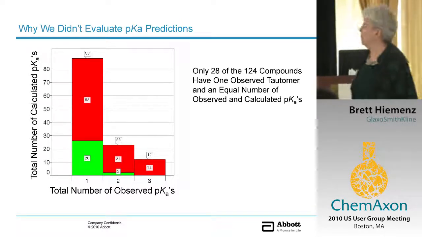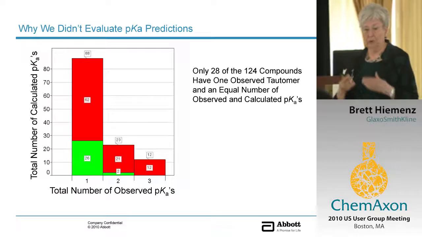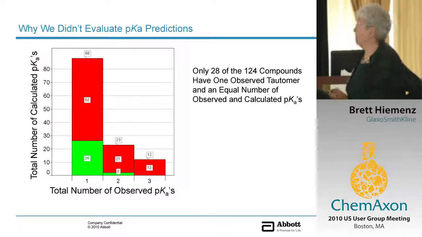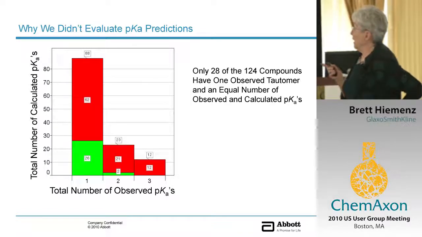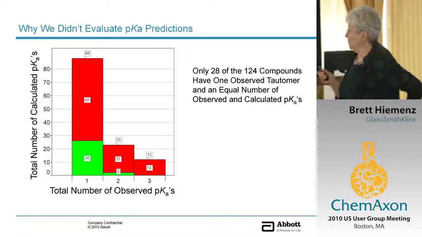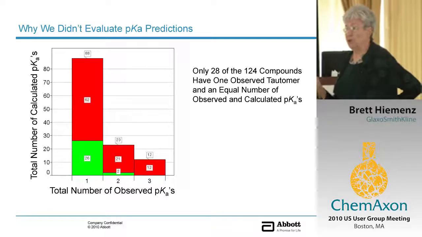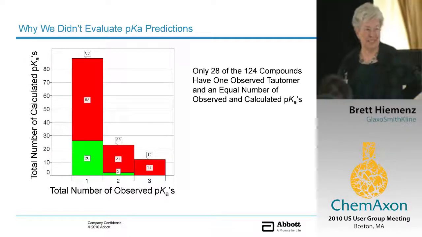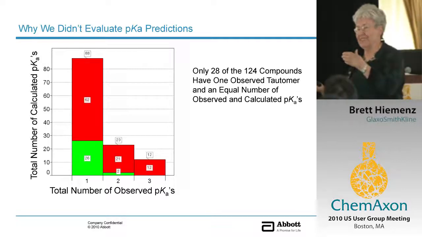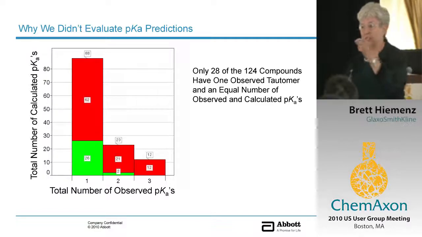And Bill Porter's group had measured carefully, with temperature control and all that good stuff, 124 compounds. The problem is that for many of the compounds, he observed one pKa, but a program would give you two or three within kind of the range. And so when we started to compare all of the different pKa prediction programs, well, which number do you pick